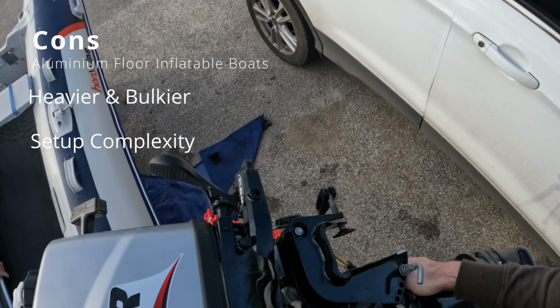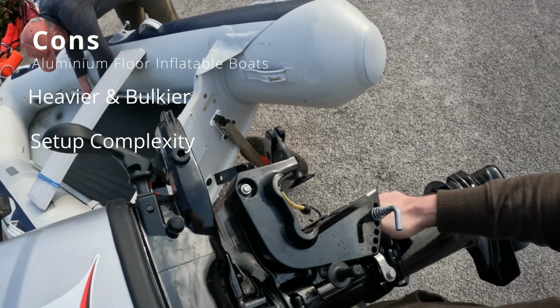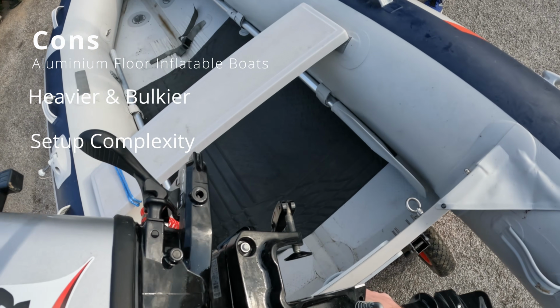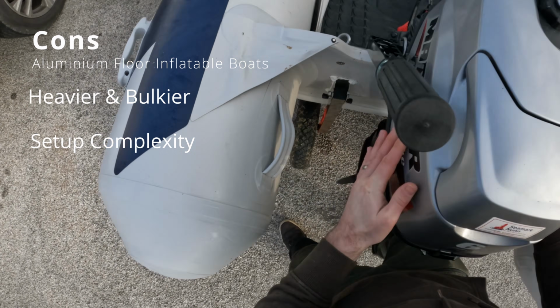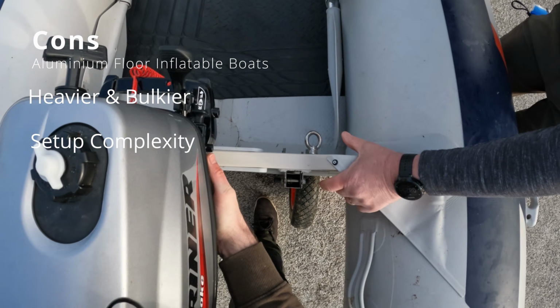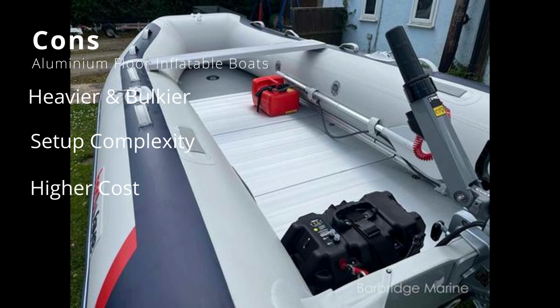Setup complexity. Assembling the aluminium floorboards can be a bit more time consuming and labor intensive compared to the air floor. Yeah, it'll just take slightly longer to set the whole thing up. And higher cost. Like I said, the aluminium floor option boats tend to have a higher price tag than the